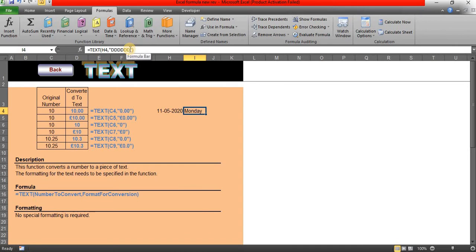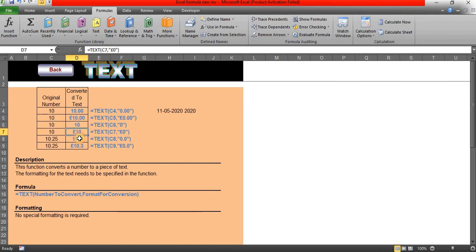If you want to see only 3 letters, you can do that, or if you want to do multiple things, you can do that. Like the same, you can use YYYY for year, DD for date, MM for month. You can do anything using this formula. Also, TEXT of C4 comma 0.00. It will give you the total converted to text.